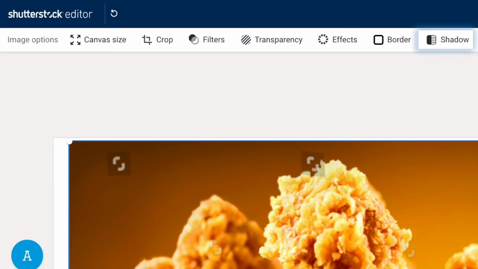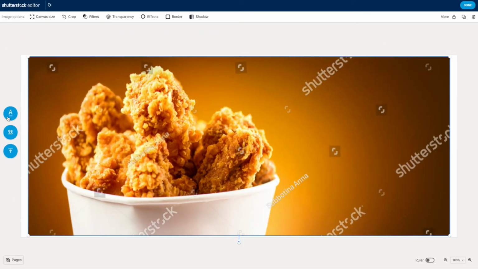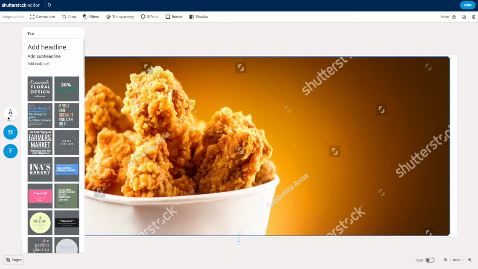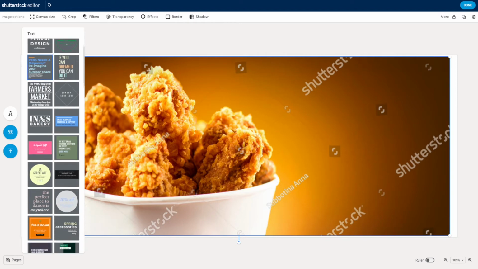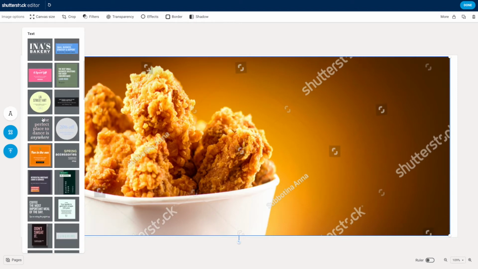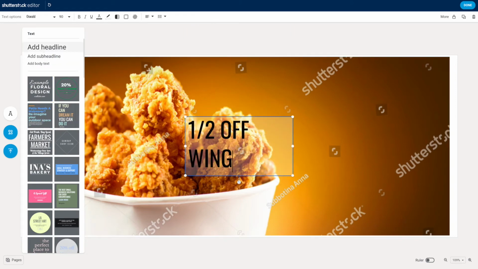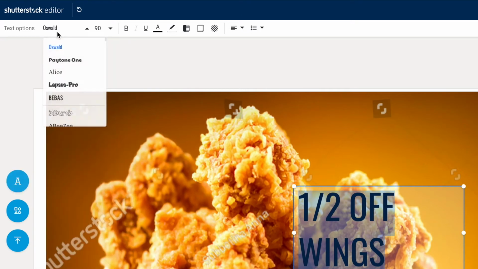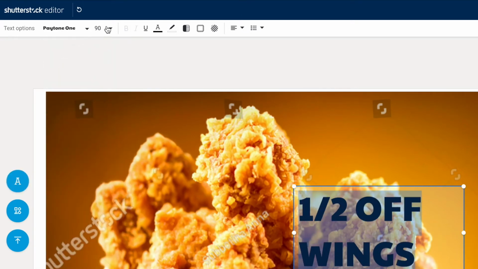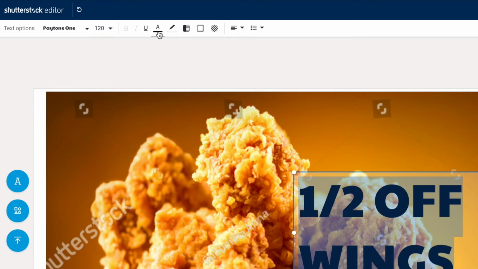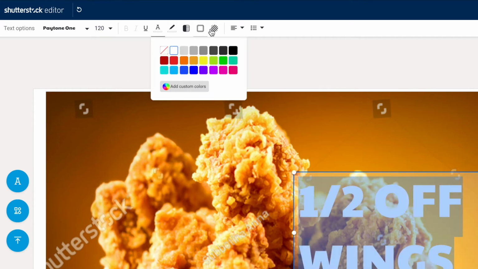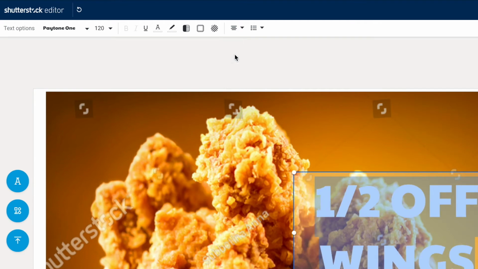To add text, tap on the Text button, which is represented by the large letter A, to the left of your image. Choose whether you want to add a headline, subheadline, body text, or browse through many of our pre-made text templates, and then simply begin typing. Your navigation bar will automatically change to a text options bar where you can control the font, size, color, transparency, and more. And you can always move any of your text, images, or media anywhere on the screen by simply clicking and dragging.